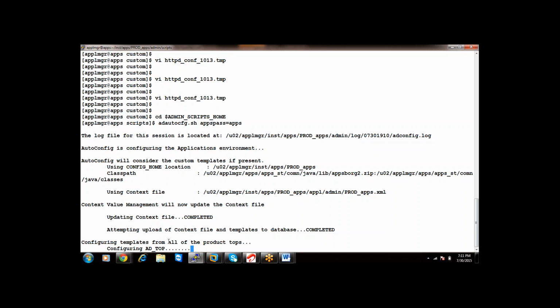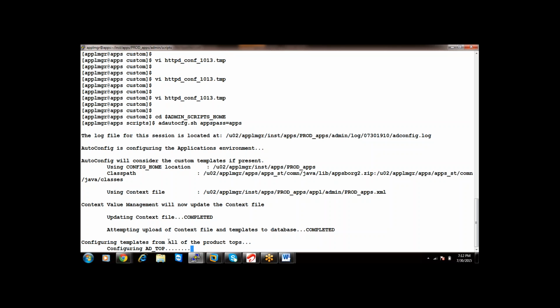It is not going to read the template first. What autoconfig will do is go to the template file location and check whether there are any directories named custom. If there is, it checks whether any template files are available in custom.